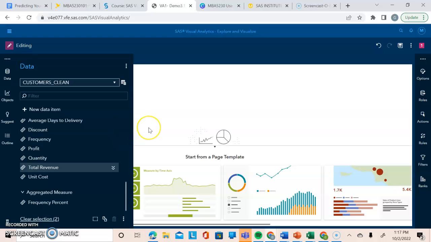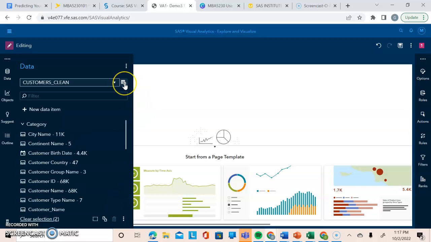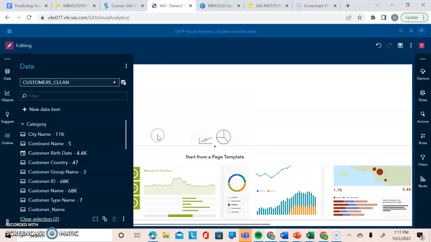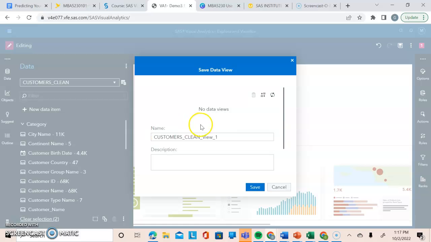Now it asks us to create a data view. So at the top of the data pane, so we'll scroll up. At the top of the data pane next to data table, we'll click on the data source menu, and we will then select Save Data View. And then it says, for the name field, verify that Customer Clean View 1 is specified. And in the description field, it wants us to enter